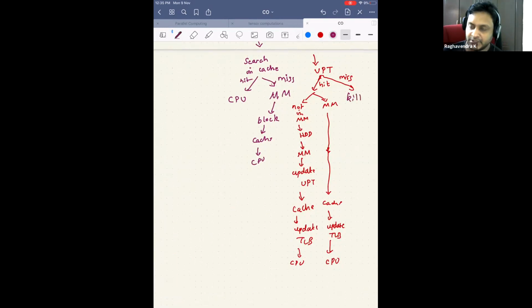Now the exact question is, who will kill this process? Can the process kill itself? No, because the process does not know that it has no access. So who will kill this process? When you get a segmentation fault, who gave you that message? Did the program say it has a segmentation fault and vanish? The operating system did. But can you have a system without an operating system? The answer is yes. Then how do I handle this? That's a beautiful thing that you have to read more about.